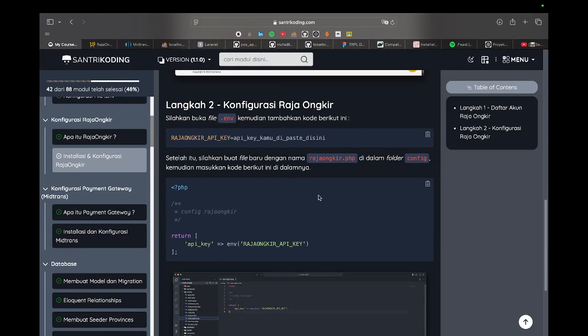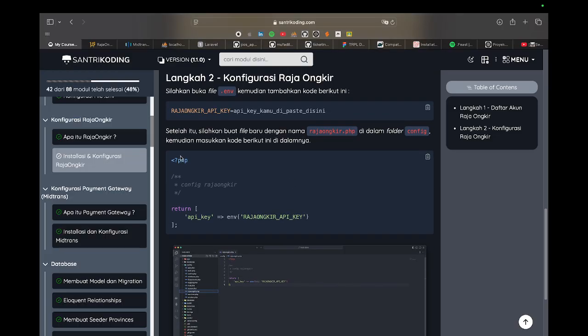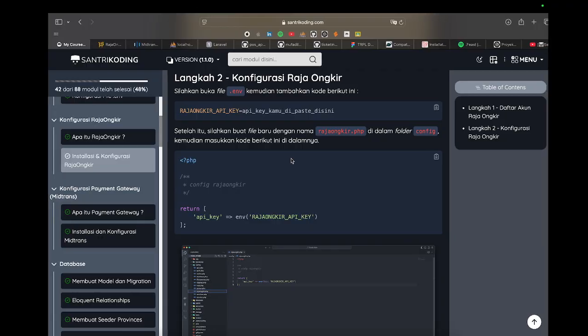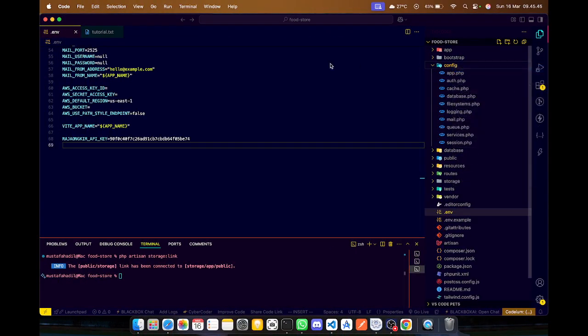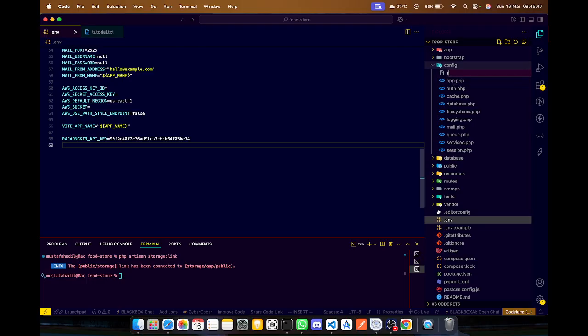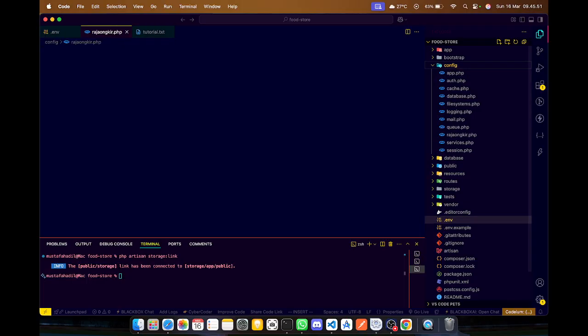After that, we build a new file named rajaongkir.php in the config folder, and we put this code like this. In config, a new file, rajaongkir.php, like that.